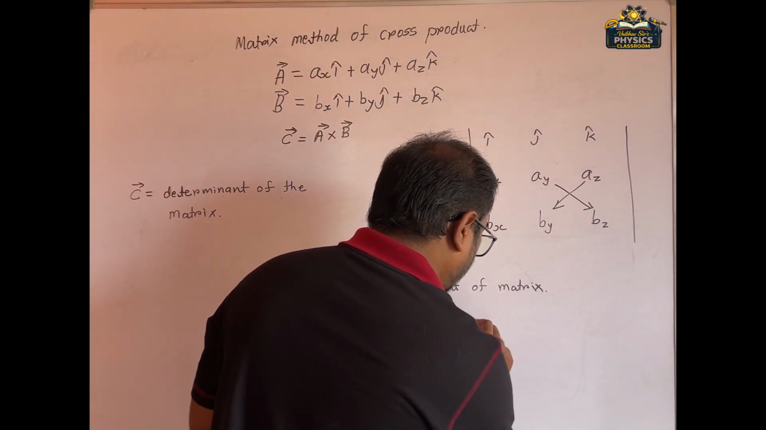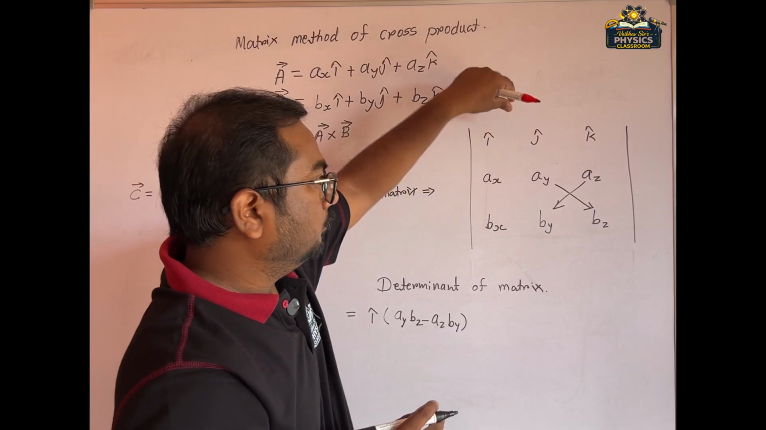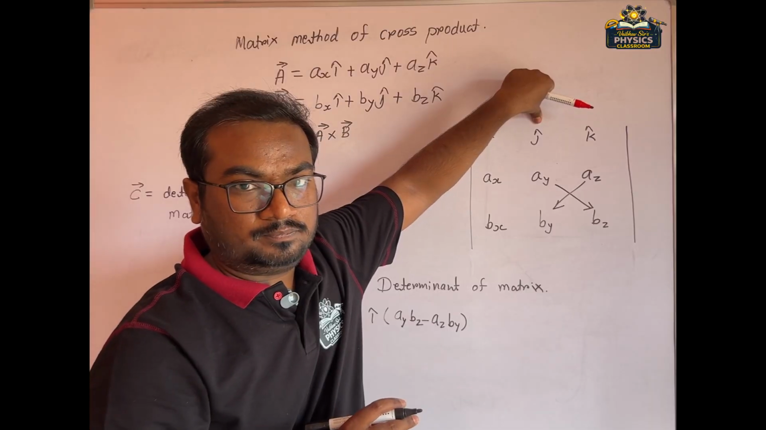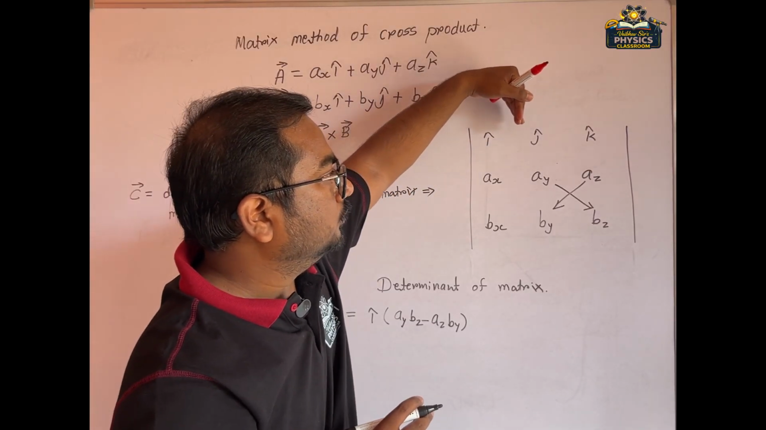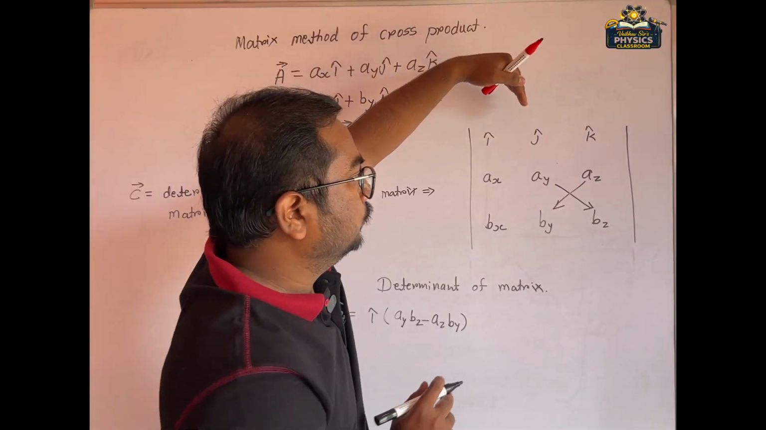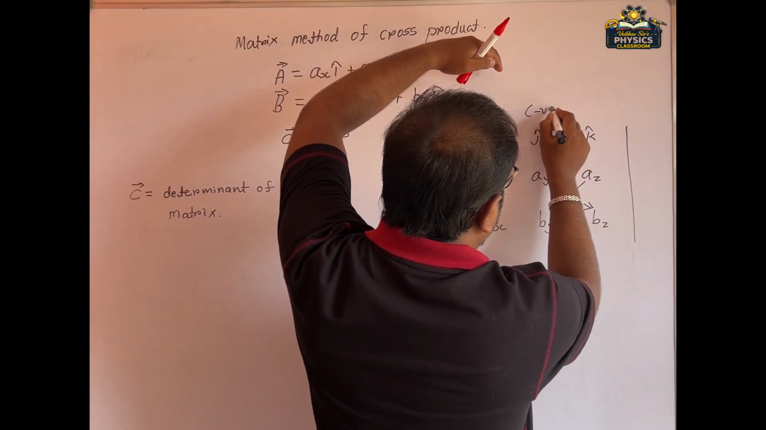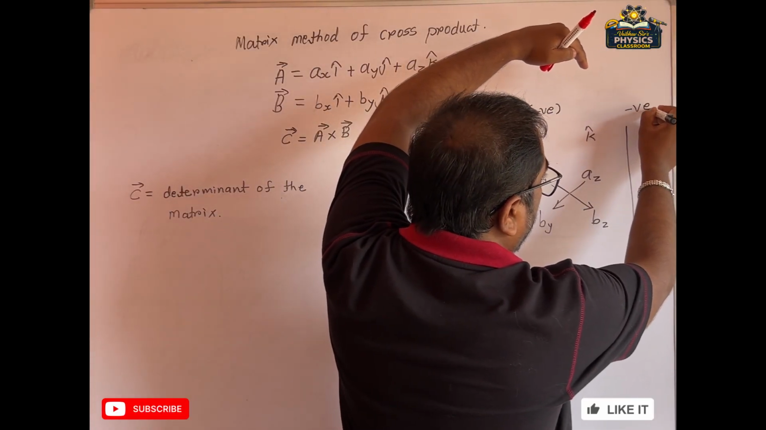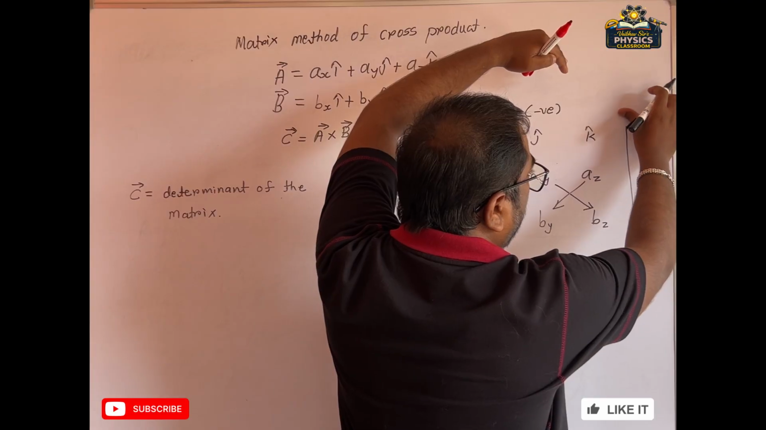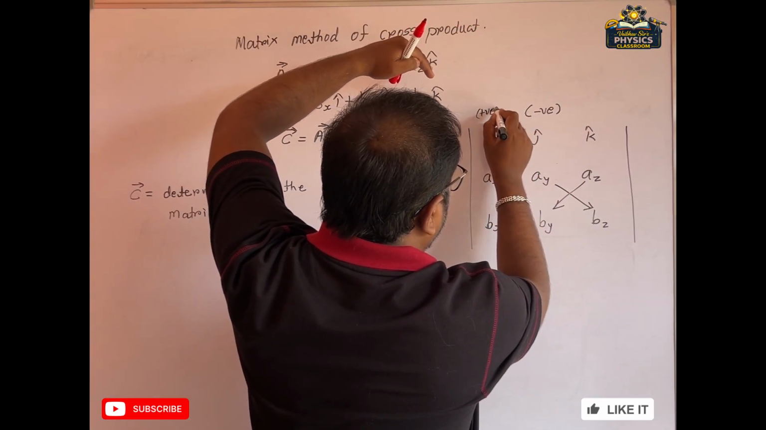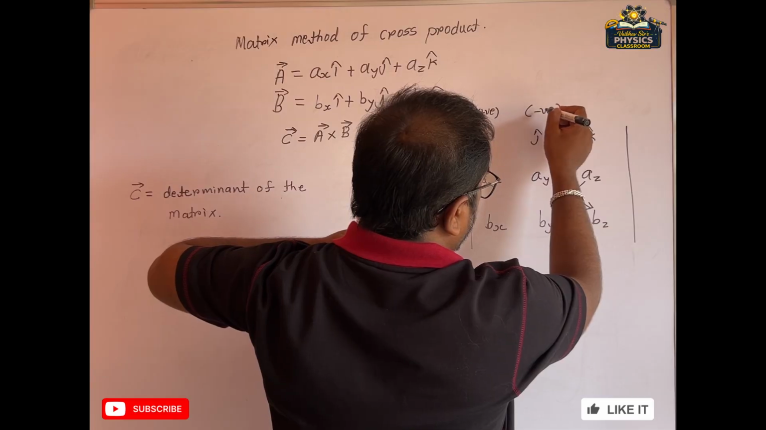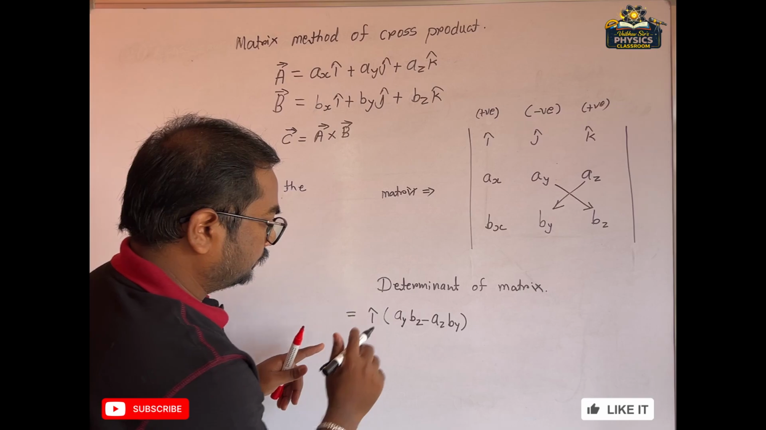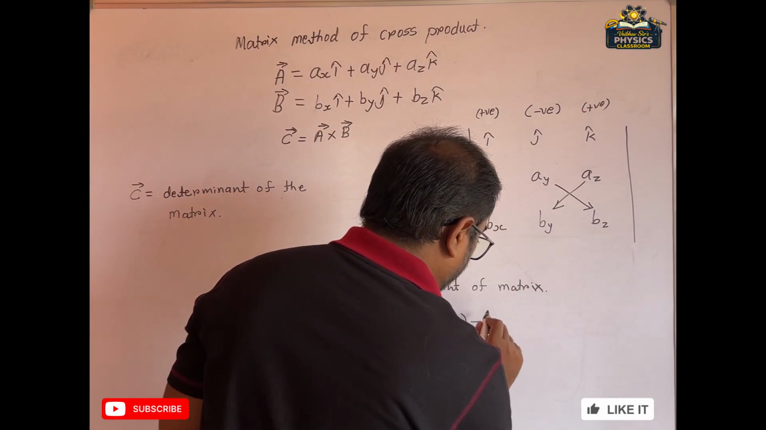Now in the second case, I am taking the j cap. We have to take the alternate signs: positive, negative, positive, negative. So I am using the negative sign with the j cap. Here we are taking the positive sign, this is the negative sign, again this is the positive sign. So I am taking negative, minus